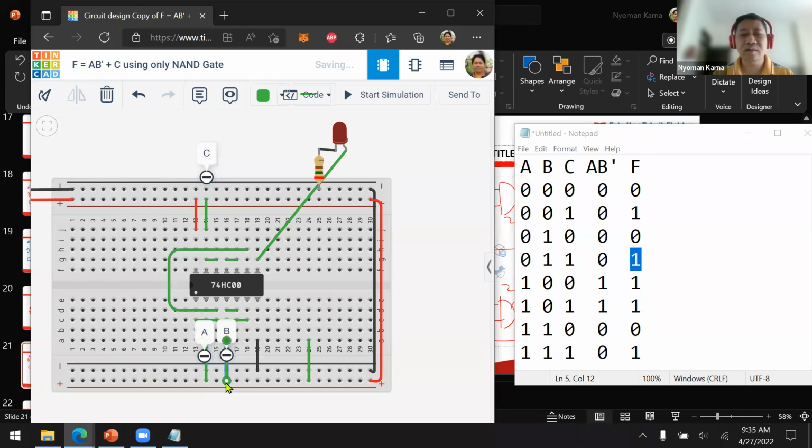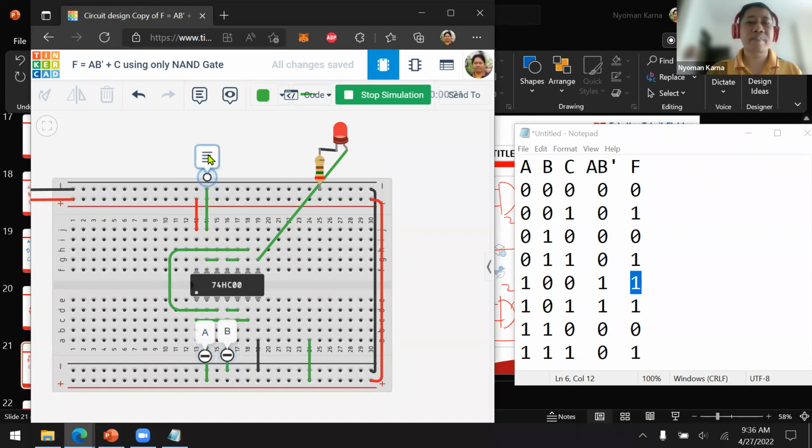Start simulation, on, and then 1, 0, 1. Sorry, stop simulation first.